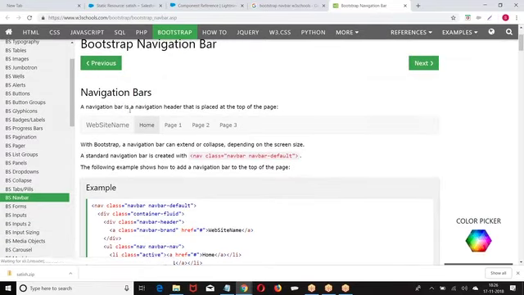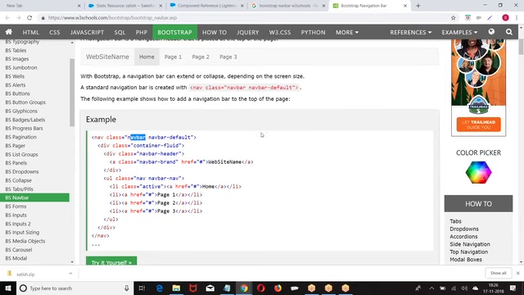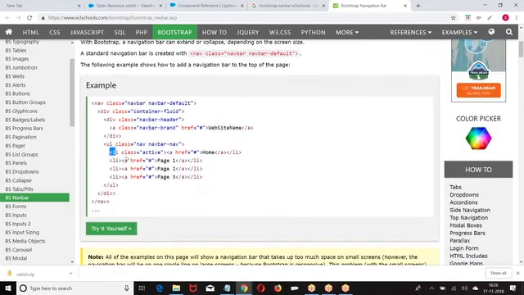What we have is a navigation bar. I want a navigation menu: home, page 1, page 2, page 3. If you want this, they say nav bar default. What is the format they give? Nav, navigation bar, right? Then a list. UL is an unordered list, OL is an ordered list. LI is a list item. When I click on this, which page should open? A is an anchor, with href hash page 1.